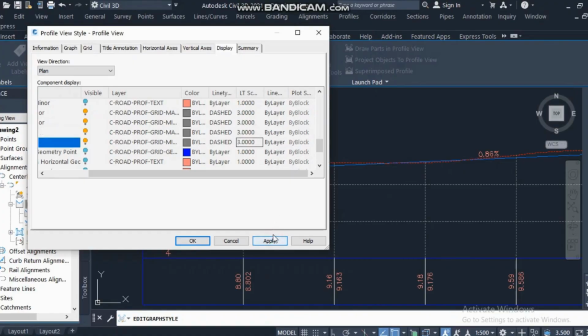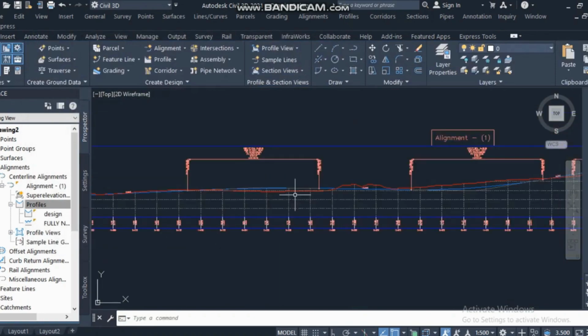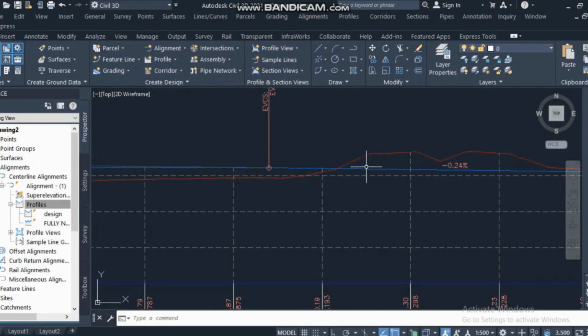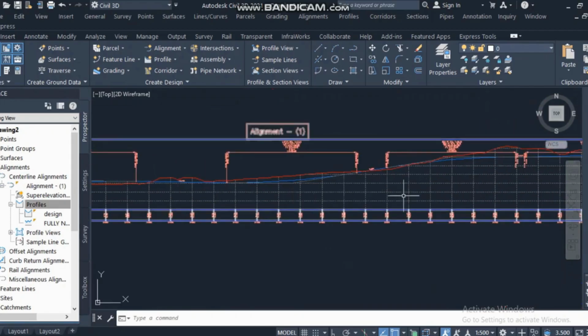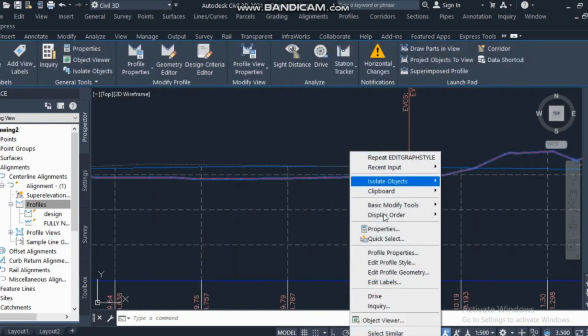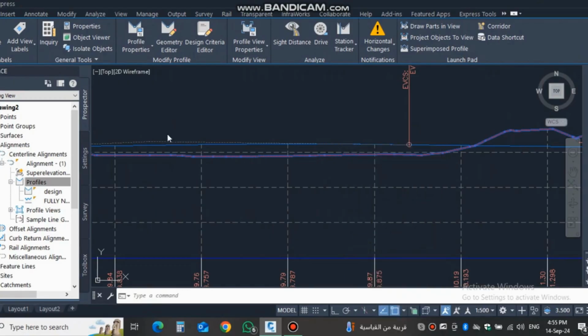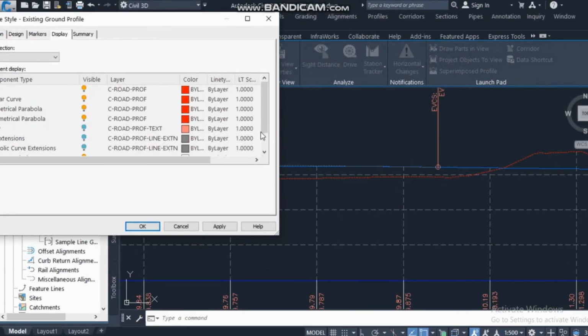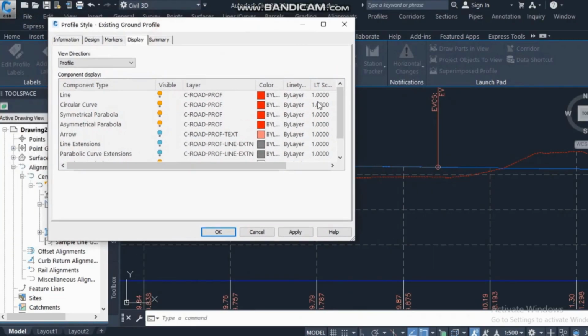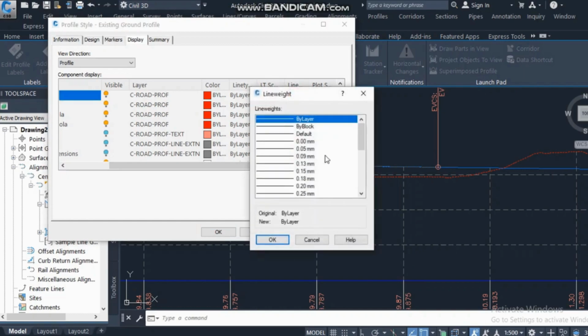If you can see, apply here, now you can see it's like this. You can adjust. Suppose I want to change the look, this look is good, so what will I do? I will click on my surface, go to this style, and from here I can adjust its color, line type, scale, many things I can adjust. Now it is one. So if you want to change the line type scale, you can make it